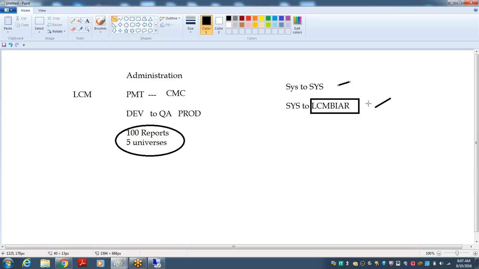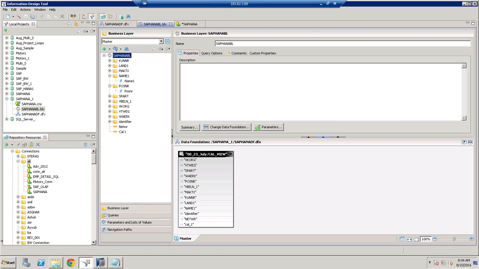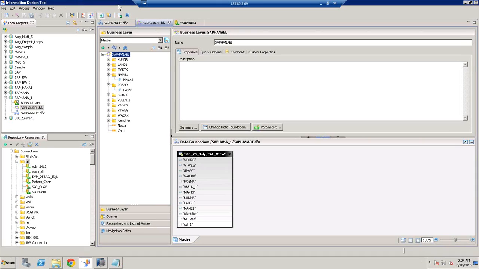Let's see how we can do that. It's very simple to move the reports from one system to another system. Now I am going to do it in the same system. First I will create the LCMBR file and remove the reports in the same system. Then I will revert back by publishing the LCMBR file, so that you get an idea of how we can publish it. Okay guys,